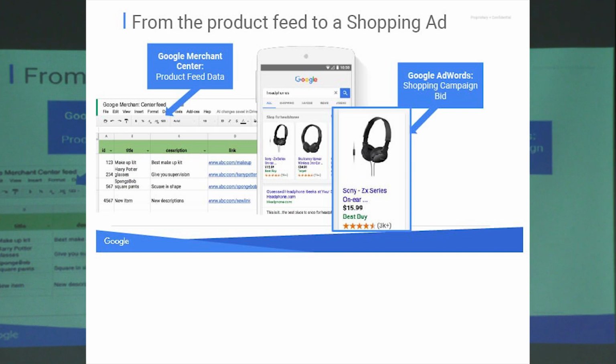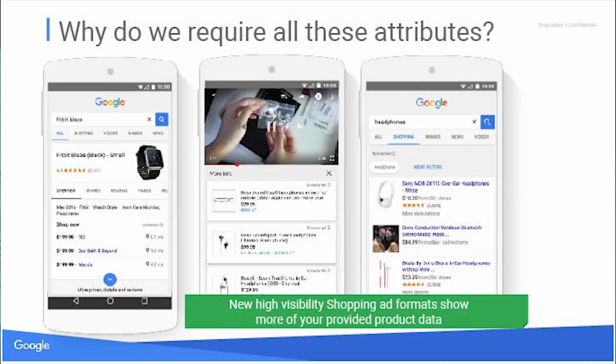So if we want to take a look at how we go from the feed to the ad format, like I said, the ads are really generated from the data in your feed. Whatever your title and description is in your products feed, that's what we're going to show. Whatever specific image URL you're sending us, that's what we're going to show. So it's really important to source high-quality data, high-quality images, and work with your image providers to do that.